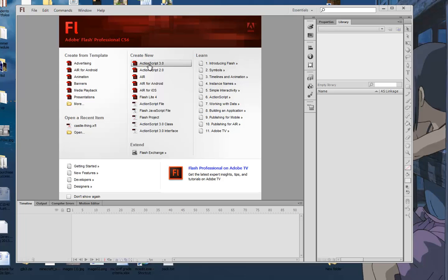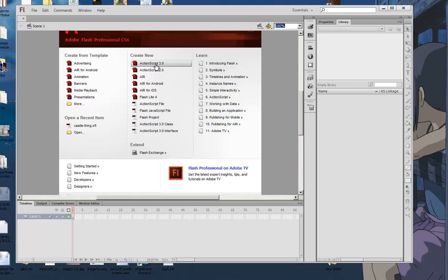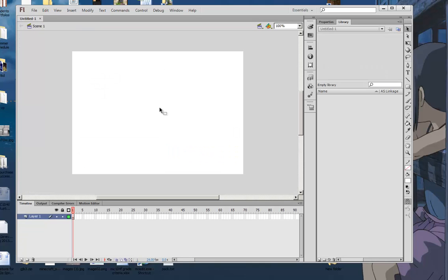from underneath Create New, ActionScript 3. Now this doesn't mean that I'm starting a programming file. It just means that the Flash file that I've started here uses ActionScript 3 because they work a little differently,